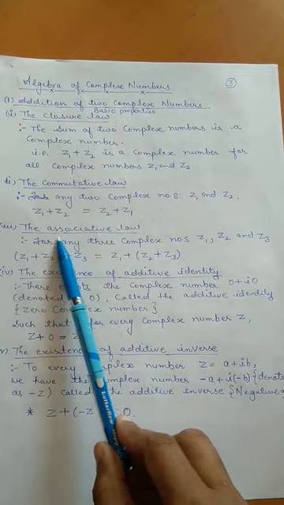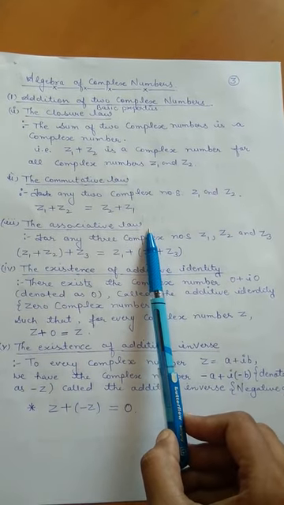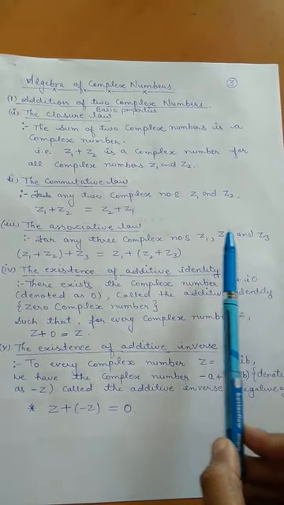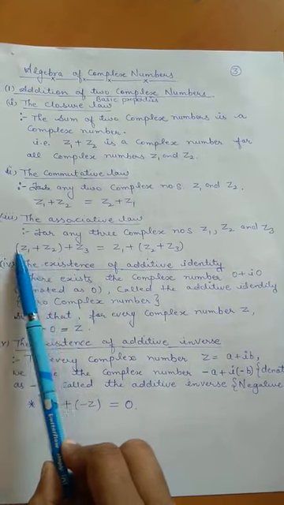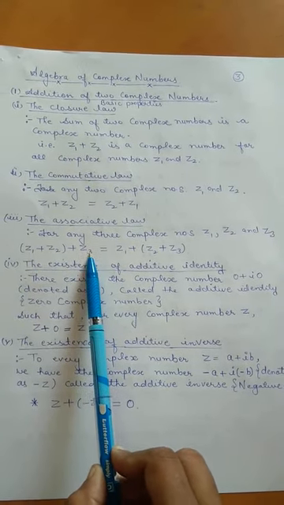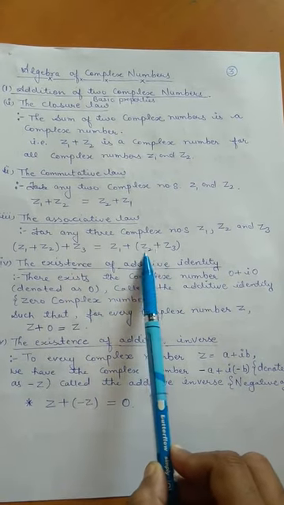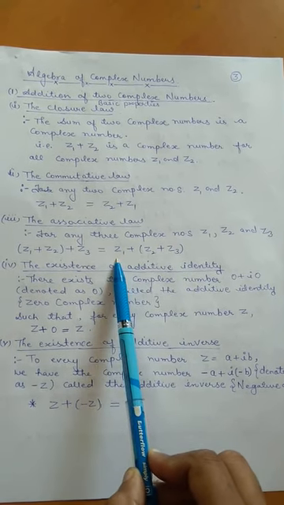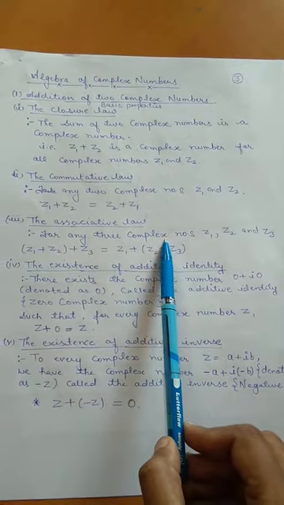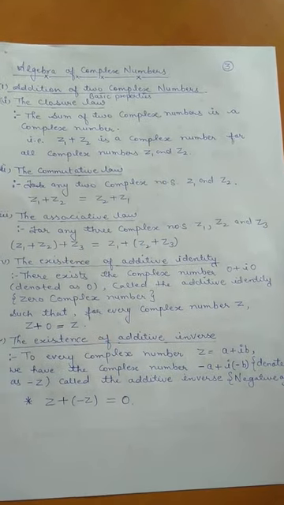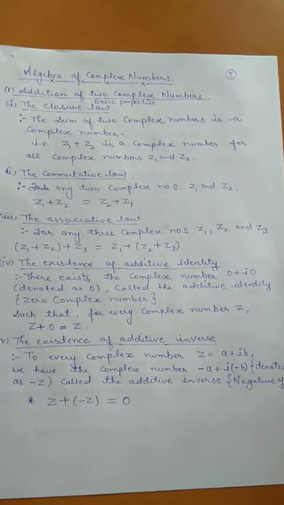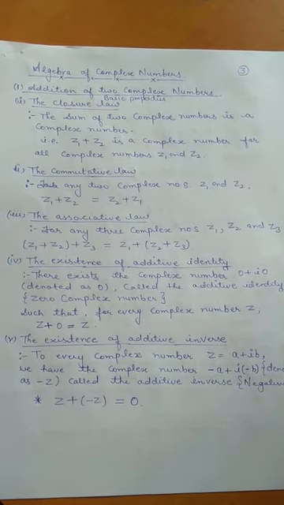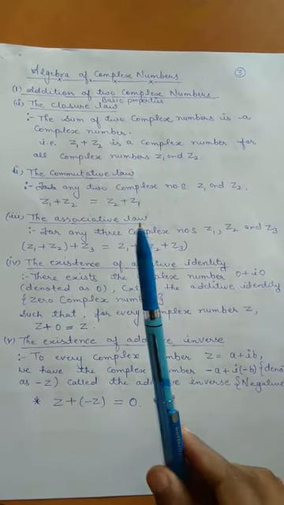Next one is the associative law. As per this associative law, we take three different complex numbers, Z1, Z2 and Z3. Suppose first we group these two, first adding Z1 and Z2 and then adding Z3, we get one answer. And suppose in this case, first we add Z2 and Z3, and to this answer, at last we add Z1. In both cases we will get the same answer. Whenever in such a situation we get the same answer every time, this is said to be the associative law, and complex numbers satisfy the associative law.